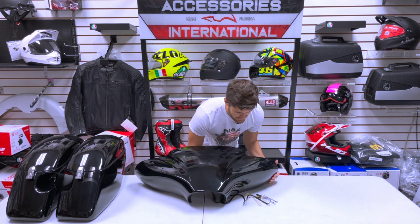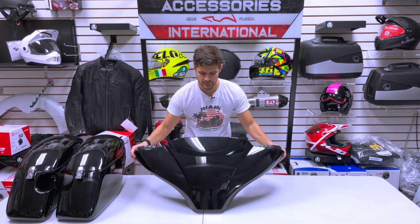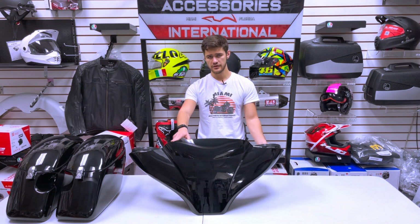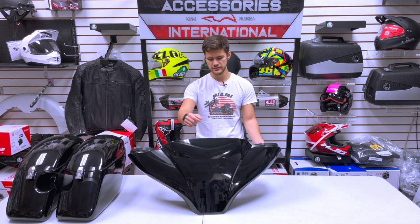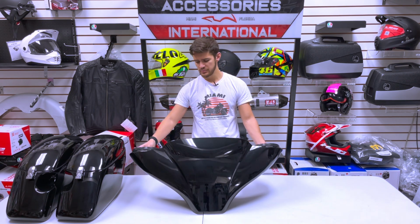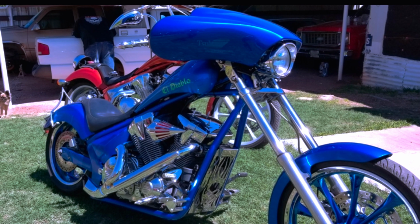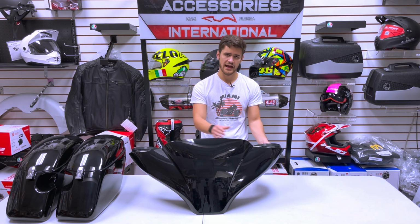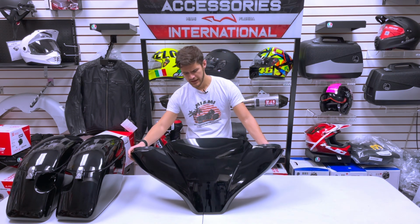Now, taking this harness back to this side, I'm going to go ahead and turn this fairing back over to you. See here, normally on a traditional Batwing fairing, we have a windshield insert, which you can stick your windshield right in here. Because of the sleek dimensions on this CHOPPA Batwing fairing, there actually is no windshield insert whatsoever. So you're not going to have any windshields which you stick in this fairing, but it does still give you,